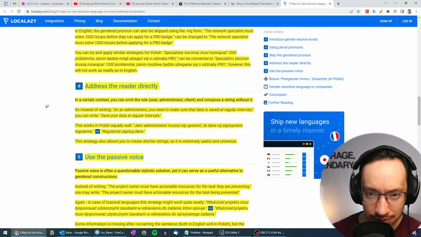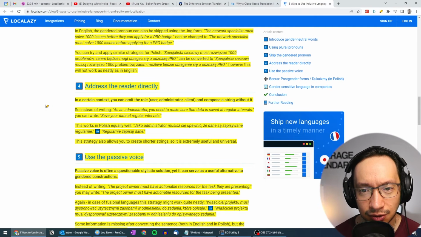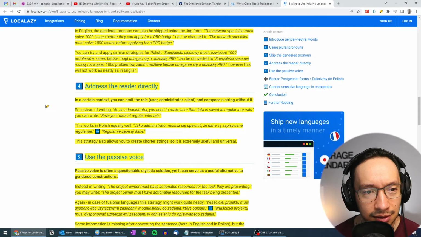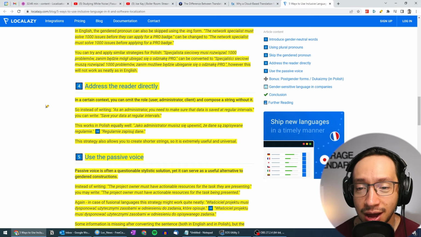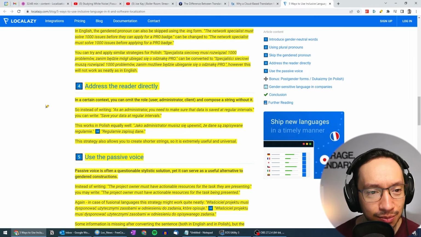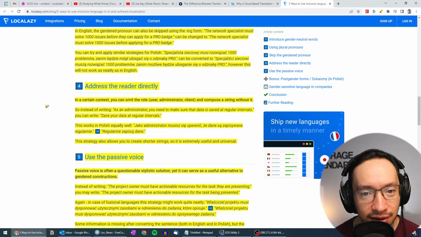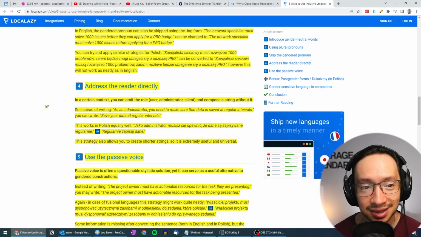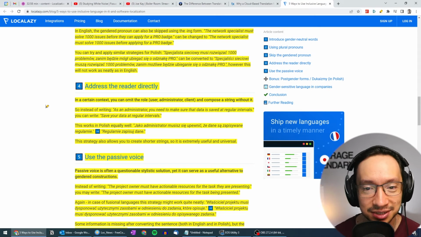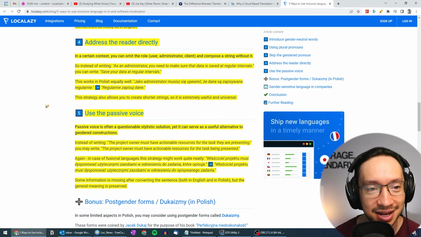Specjalista sieciowy musi rozwiązać 1000 problemów, zanim będzie mógł ubiegać się o odznakę pro. Can be converted to specjaliści sieciowi muszą rozwiązać 1000 problemów, zanim możliwe będzie ubieganie się o odznakę pro. However, this will not work as neatly as in English. Okay, that's a terrible Polish.